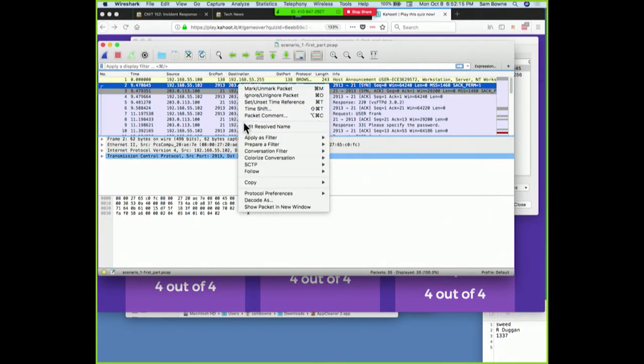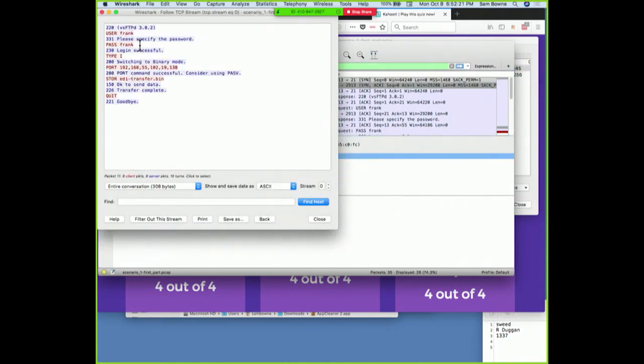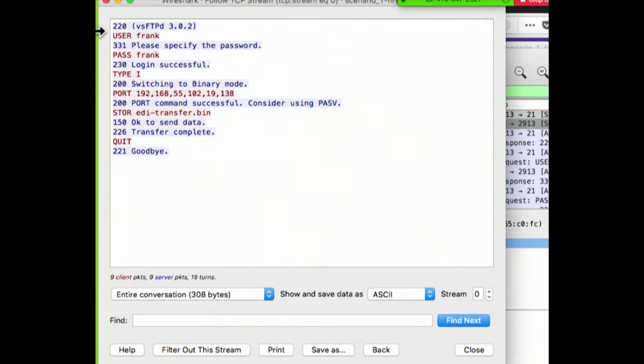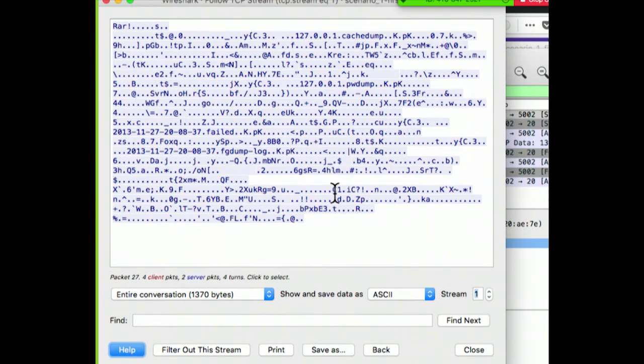There's a TCP packet. I can follow the TCP stream here. And so here's the first bit of data. This is the control channel. So here's the person logging in as Frank, then turning on some kind of transferring some file, eddytransfer.bin. And then if I go to the second stream, which is here, the second stream is